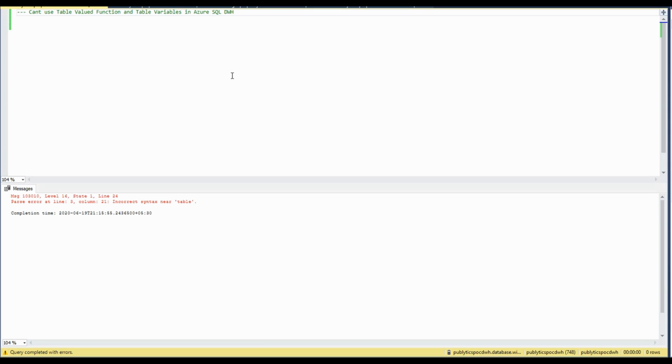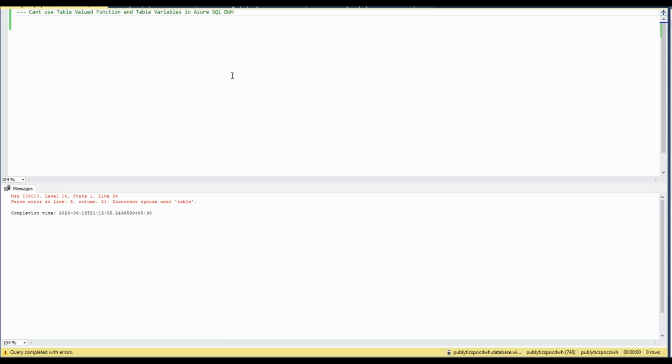My name is Lokesh. So we are continuing the series where we are discussing the differences between the Azure SQL Data Warehouse and the on-premise version of SQL Server when it comes to writing T-SQL code. There are some restrictions in using T-SQL commands in Azure SQL Data Warehouse, which prevent us from using some of the most used keywords in the on-premise version, and you have to think of some workarounds. So we are continuing that series.